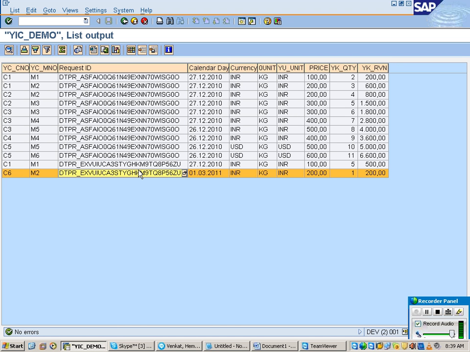Why is this problem arising? Because your data source, that means from where you are extracting, is unable to maintain the reference to understand whether it is a modified record or a newly added record. This reference we call an image. The reference should be in the form of an image. Your data source is not maintaining the reference in the form of an image. That's why you are facing this particular problem.